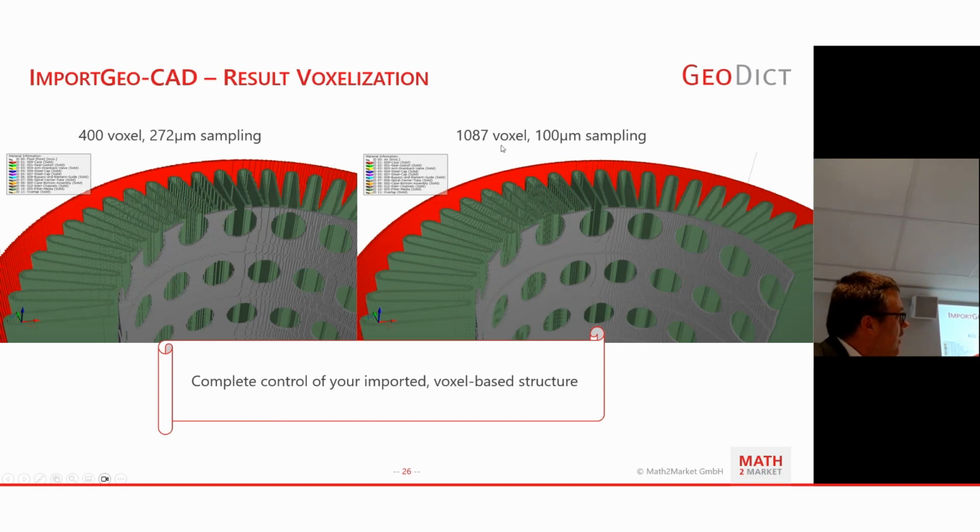While this one here has 1,087 voxels in the vertical. So it's a sampling of 100 micrometers. Well, fun fact, you can see on those values actually what I used as a suggested value, isn't it? Because the even numbers are those I suggested and the other one is calculated.